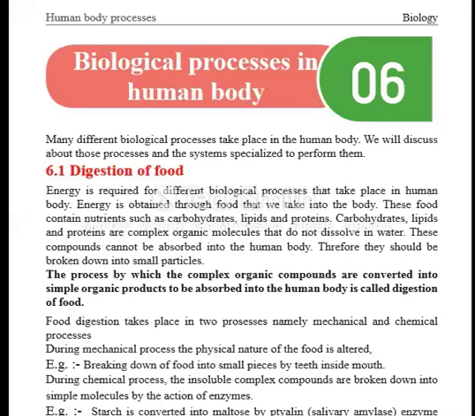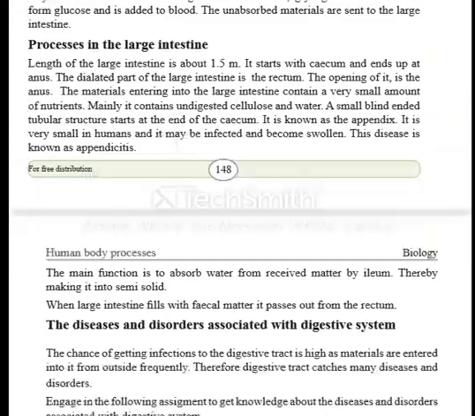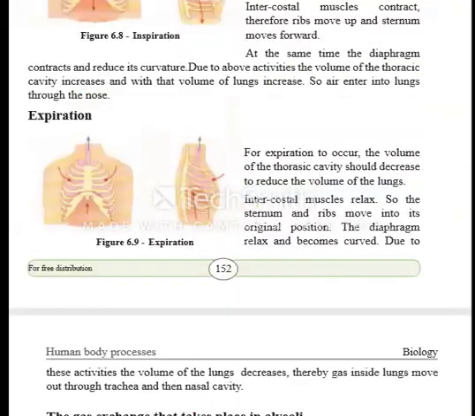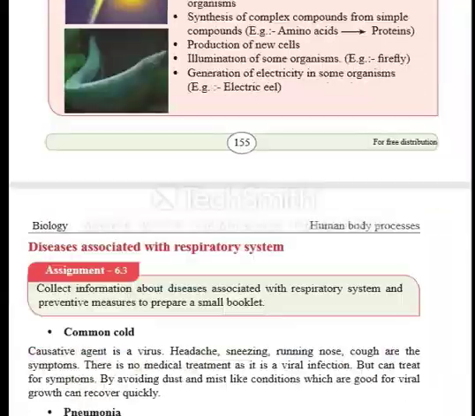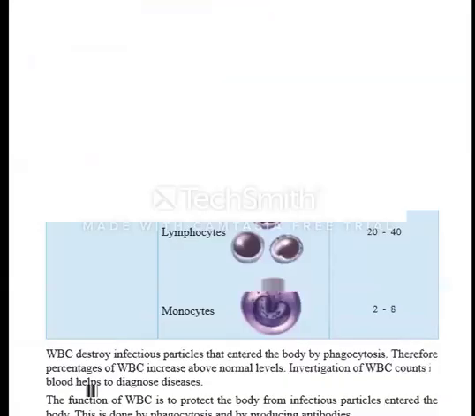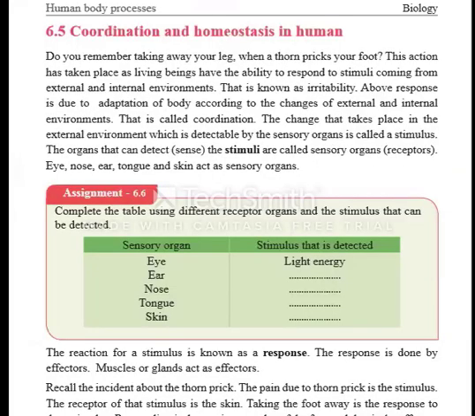So I divided this entire chapter into three parts, 6.1, 6.2 and 6.3. 6.1 included the digestive system and the respiratory system, and then 6.2 included the excretory system and the blood circulatory systems, and now finally 6.3, the final system that we'll be learning today is coordination and homeostasis in the human body, right? Okay, now in order to learn about coordination and human homeostasis, first of all you all need to understand